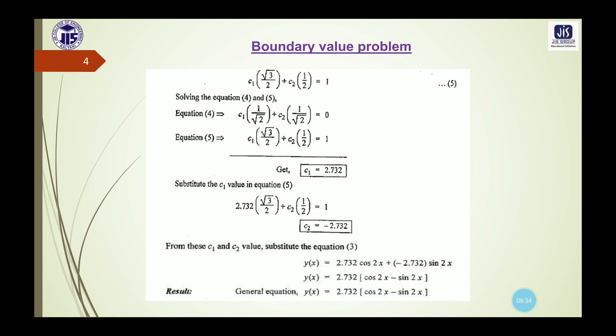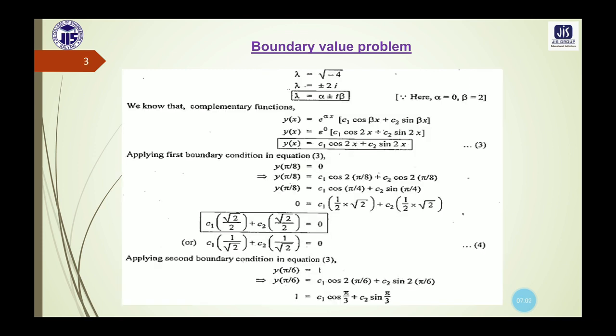So this is the general equation here, putting the two different boundary conditions which are given in this numerical. So what we have done here, we have first written the auxiliary equation corresponding to the given differential equation. From that we have written the complementary functions in the form of alpha and beta,